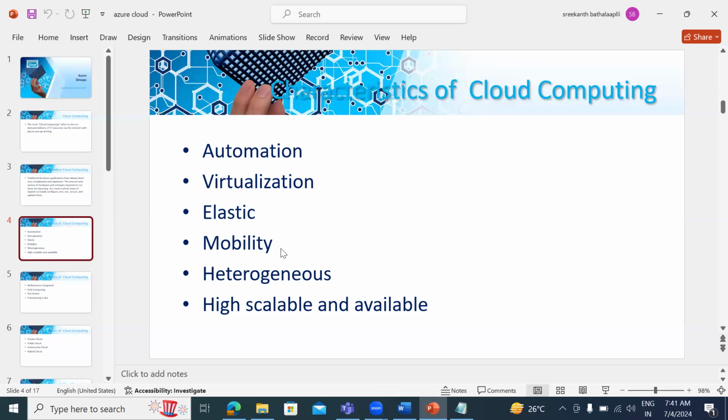User can choose what he wants. This kind of heterogeneous environment is available in the cloud. And cloud is highly scalable and highly available. Highly scalable means if you want 10,000 servers, in cloud that's not a big deal. We can get that. And highly available also. Always the solutions are 90%, 99%, most of them are highly available also. So that is also another advantage of moving to